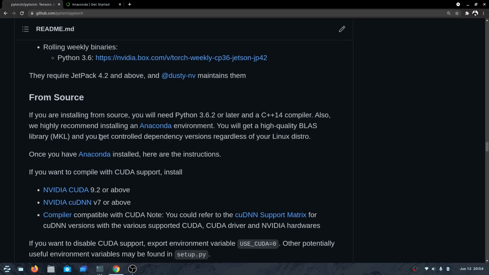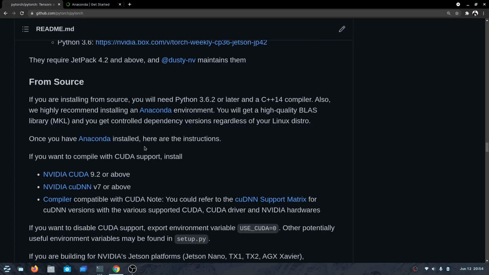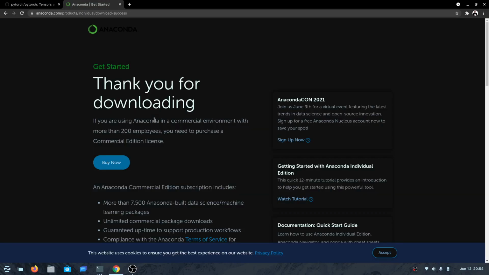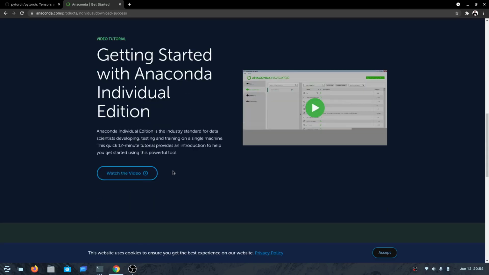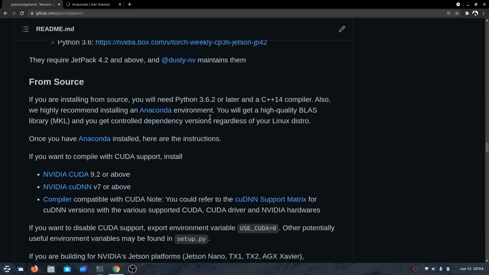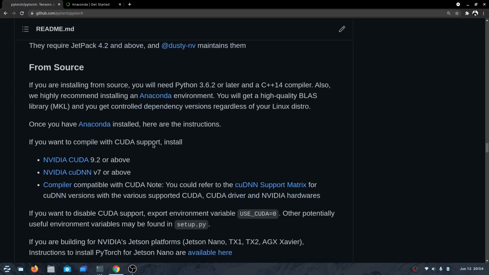Right. So the very first step is installing an Anaconda environment, because that's what they say is preferred. An Anaconda environment keeps things pretty organized for you, so that you have different environments. You can install different libraries of different versions and still not break anything. So it's always good to have an Anaconda environment. I'm going to go to the Anaconda website and download it. I've already started downloading it, and I think it's complete. So we will first go ahead and start installing Anaconda, but let's go through the steps.